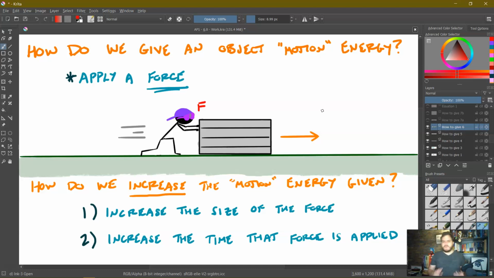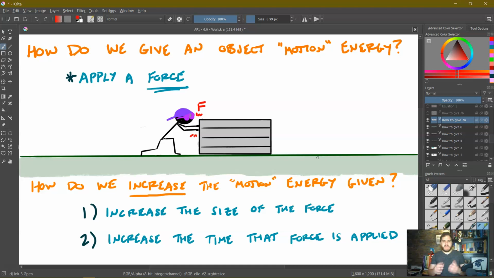And this makes sense. It would be increasing the time this force is applied, but remember, forces that are applied do not always result in motion. For instance, what happens if the friction between the ground and the tire was so big that when you push with this force, it doesn't actually slide, it just stays there? So this would be like a static friction situation. Well, it doesn't matter if I push it for hours, if it's not moving, it hasn't gained any motion energy.